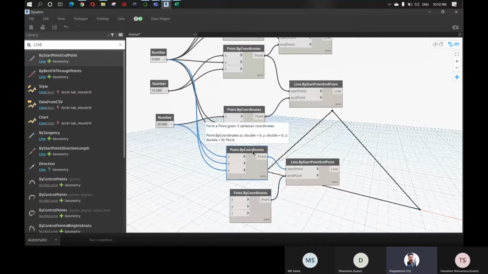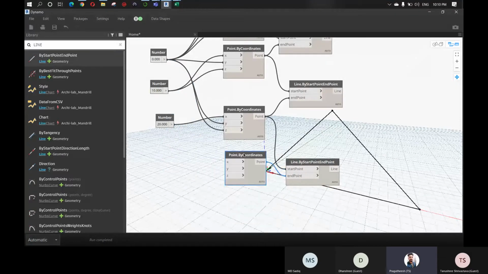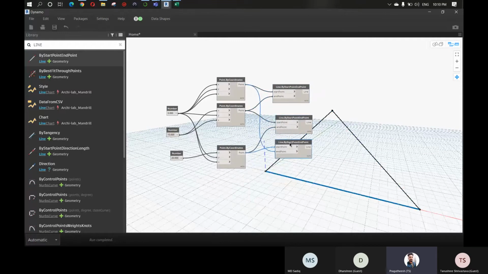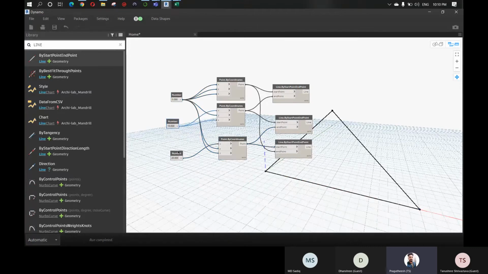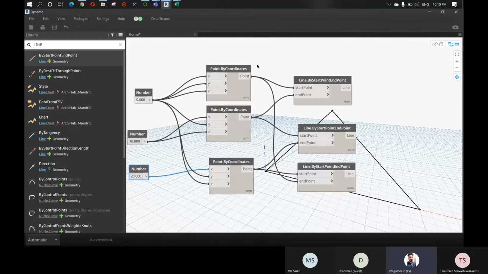Okay. So this point is similar to the previous point. So that we don't want this node, we can directly connect the previous point here. So there is no use of this node. We can delete this as well. And here also we have the 0, 0 already, so that we don't need this node. We can connect this here. So now we can see it's very concise, right?